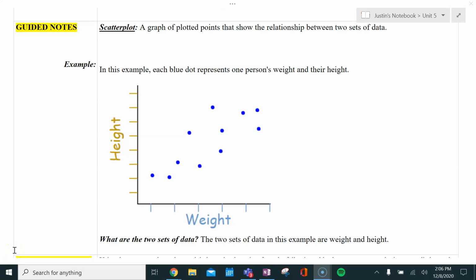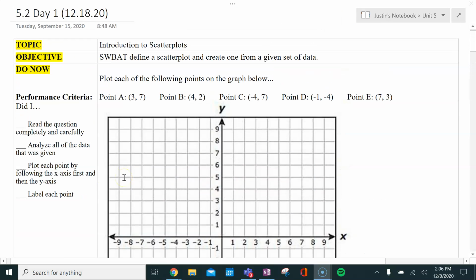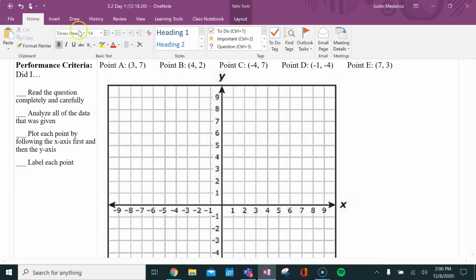Hi guys, so for today's lesson we will be going over the scatter plot, and we'll be able to define what a scatter plot is. So in your warm-up, what was asked for you to do was just plot these 5 specific points on our graph. So you'll notice that point A, (3, 7), after you plotted it, it should be located somewhere